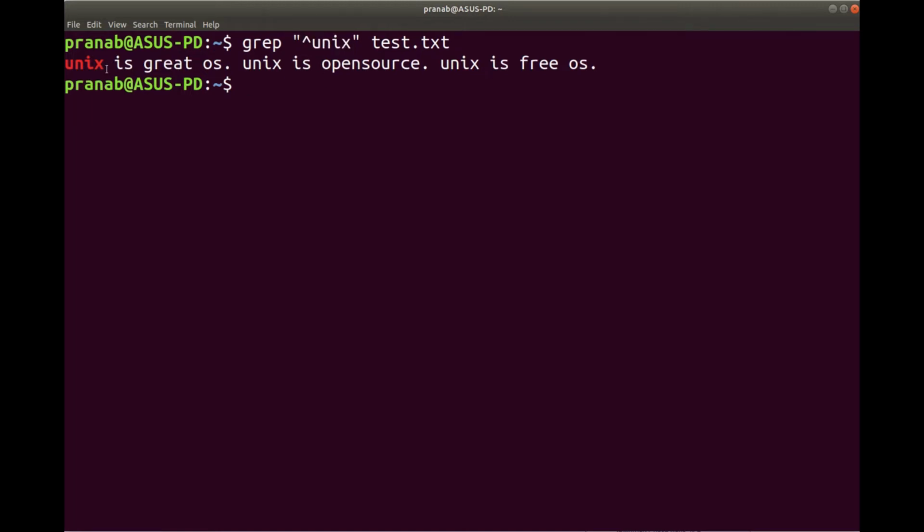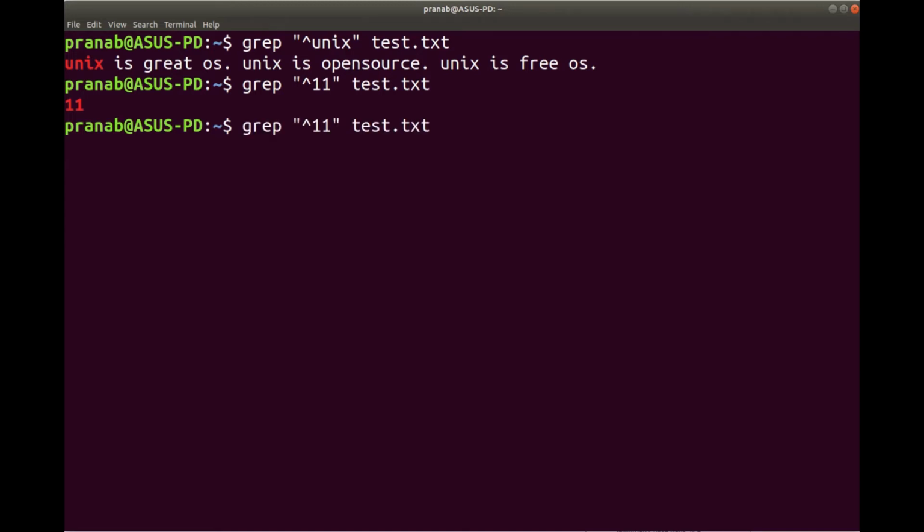If you can see, the line is only this one in the file test.txt. If you want to test with something else, suppose I want to test with 1 1, you can see this is the line that is beginning with 1 1.